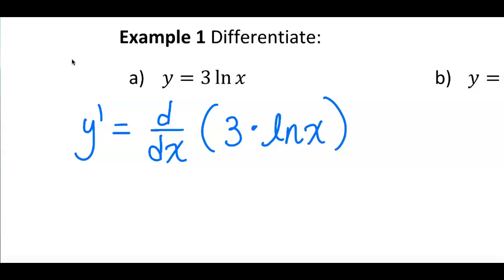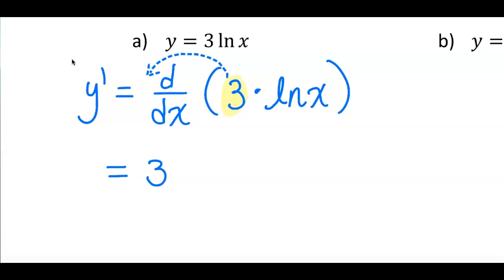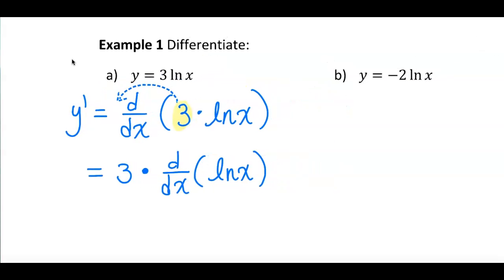Well, 3 doesn't have any x, right? So what I can do is just pull this out to the front. And we'll have just 3 times the derivative of natural log of x. Isn't that right? And what is